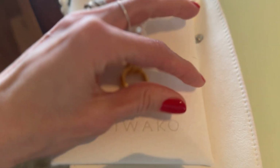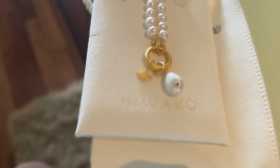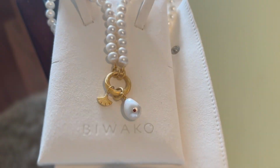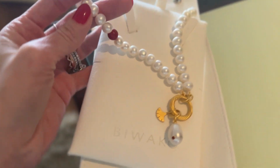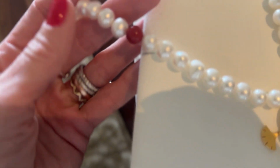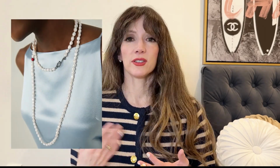I was recently gifted this by Biwako. I've been wearing it so much with my long sleeve tee as well as this cardigan. It's such a classic. I've really incorporated a lot more pearls into my outfits over the last couple of years. It's another beautiful staple for your wardrobe that has a little bit of a twist because it's got a stunning red pearl here as an accent and just a lot of detail here in the actual pendant. It's such a great gift for yourself. And if you're looking to add more pearls to your wardrobe to instantly elevate your basic looks, this is a standout piece,